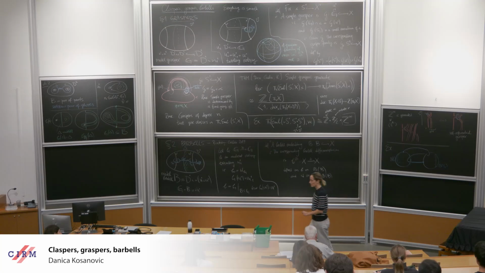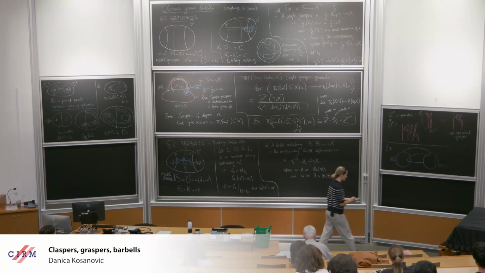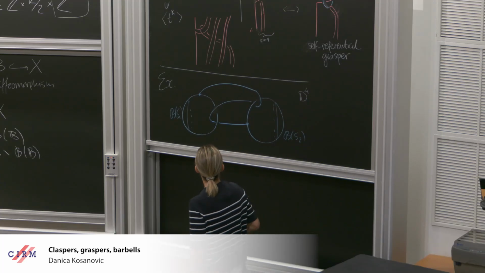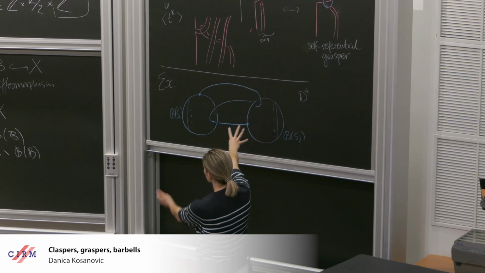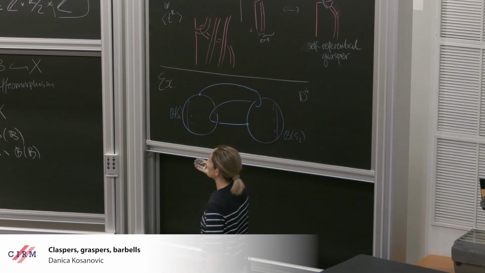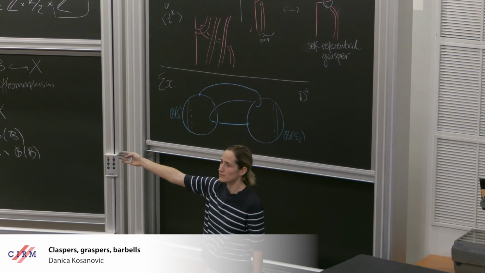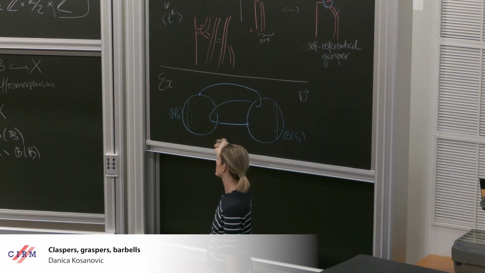So maybe now this is called a theta barbell, I don't know. I mean, it has something to do with the theta graph and Watanabe's claspers. But yeah, I forgot to write this is in S4 or D4, but away from the boundary. And now what you just do is you say take a tubular neighborhood of this, and this gives you the barbell manifold. It's really just a thickening of this blue thing.